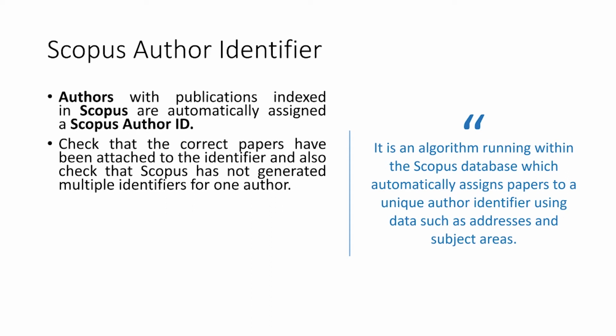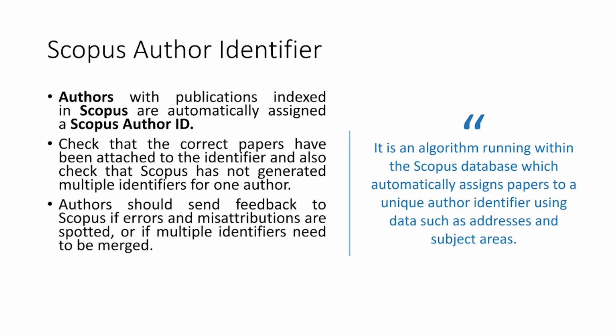You also have to check for the possibility of multiple profiles of yours in Scopus. It is possible due to your multiple or older affiliations. For ladies, due to change of surname after marriage, it should also be corrected or merged. Authors can send feedback to Scopus and request to merge multiple accounts, for removing any errors and misattributions, etc. The Scopus author preview can be checked freely, and all the feedback and merge requests are entertained free of cost.